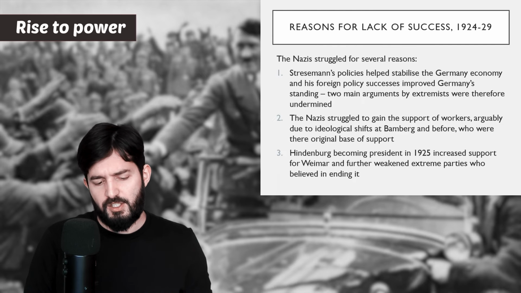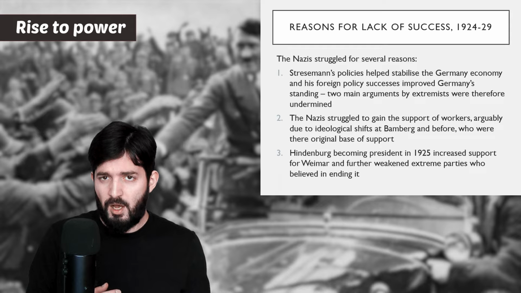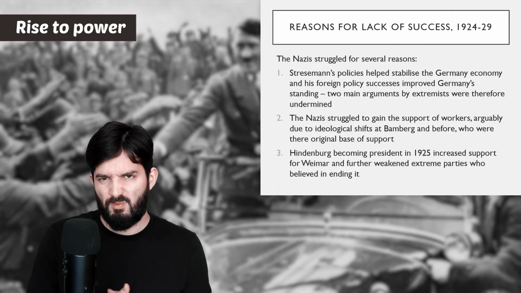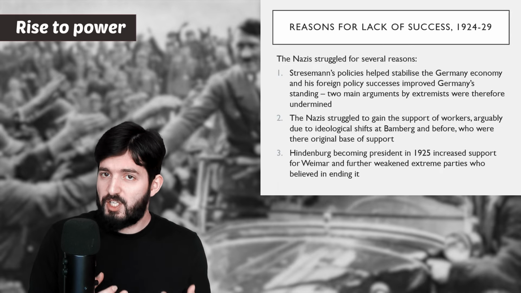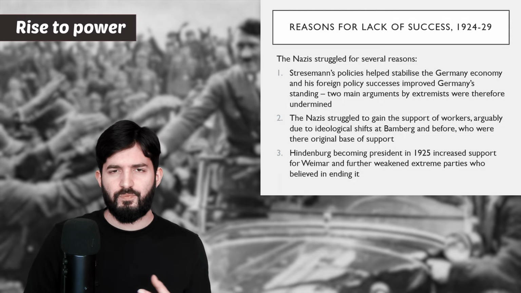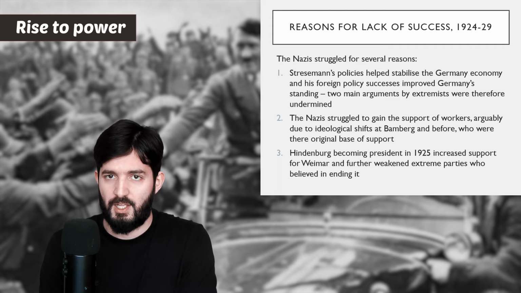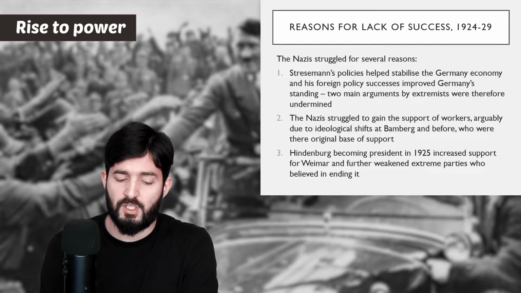And the three main reasons for this, which again you can get in your exams as 6 markers about why the Nazis failed to succeed before 1929. The very first and simple reason is that this is the Stresemann era, okay, the golden age. Whatever you think about it, we discussed this last video. In the golden age, or in this period of recovery, most extremist parties are struggling and losing support, the Nazis